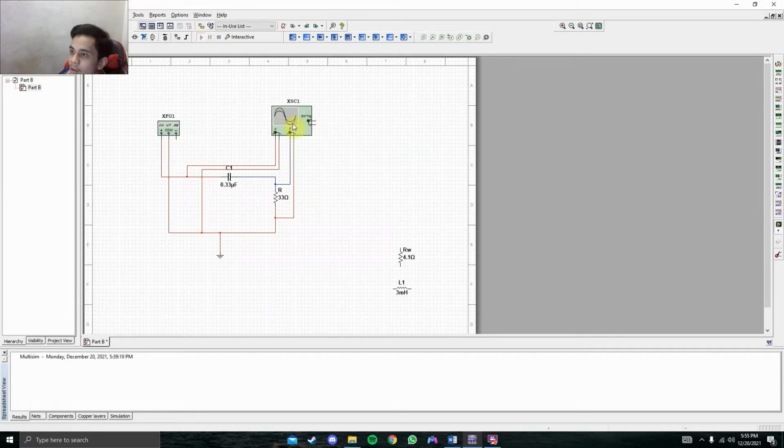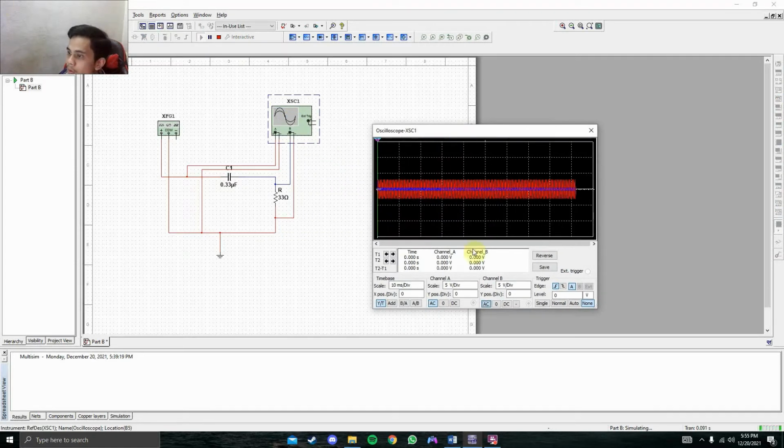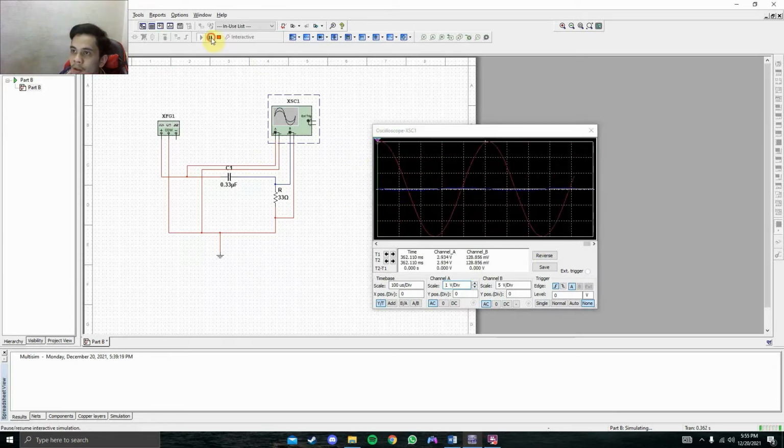Then run. Open the oscilloscope. We set the time base scale. Find one that can be easily read, and then set the channel A scale to just like 6 VPP. So this is 6 VPP, and then channel B